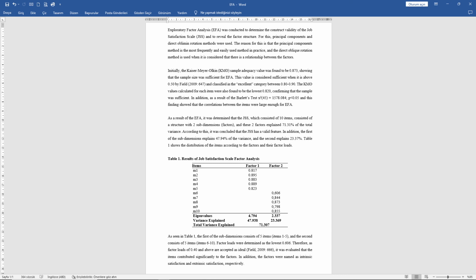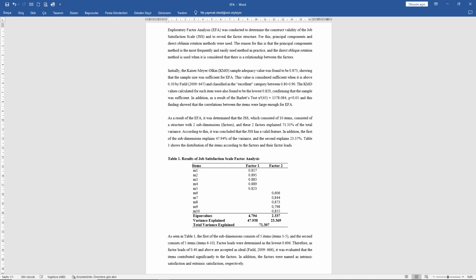Initially, the Kaiser-Meyer-Olkin (KMO) sample adequacy value was found to be 0.873, showing that the sample size was sufficient for EFA. This value is considered sufficient when it is above 0.50 (Field, 2009), and classified in the excellent category between 0.80 and 0.90.